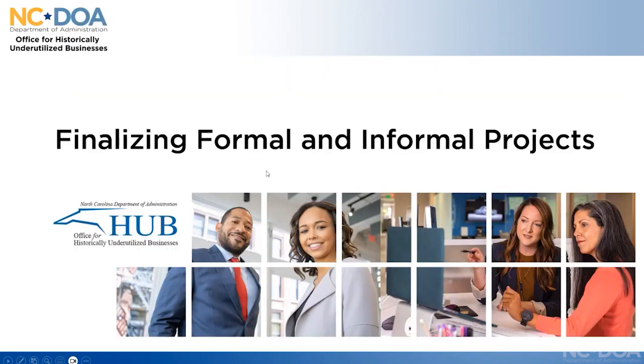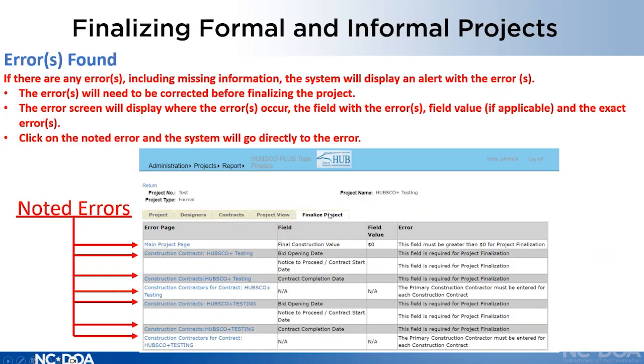Once you are ready and you think you've entered everything in, you would go to finalize it, and it's the last tab on the right here for the project. If you click on finalize project, it will do a check of all the fields that are in HUBSCO Plus and see what it expected to see versus what it actually saw. And if it sees anything that it thinks are errors, it will let you know. And I can understand, especially if this is something that you're doing last minute, that this might be your most hated screen in the world because you're like, I was so close to being done and now I'm not done. But this is my favorite page because it helps me help everybody who has problems because it tells me what